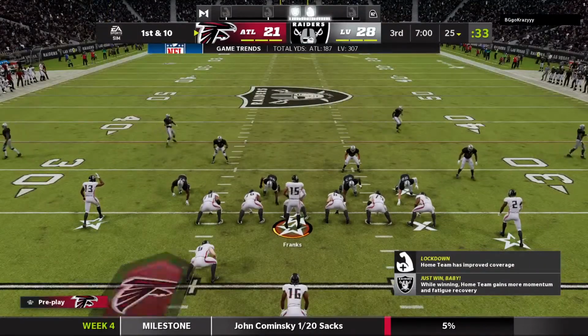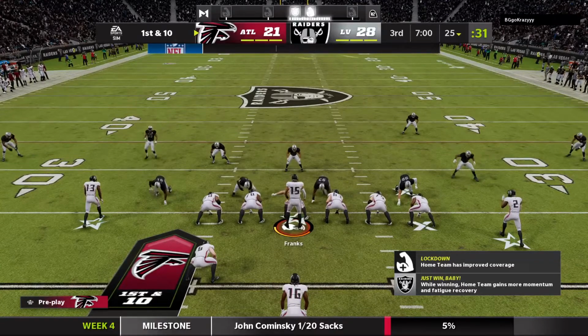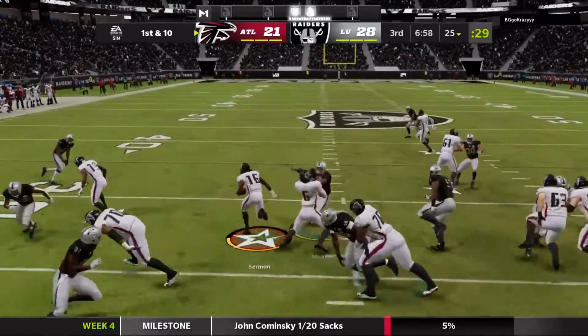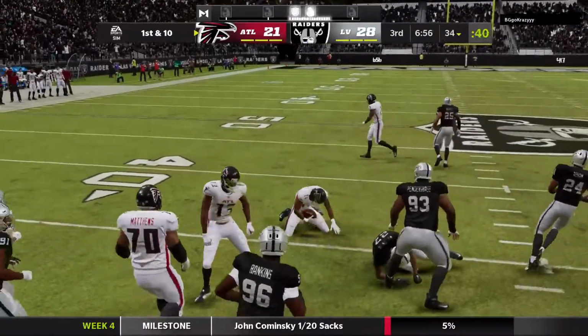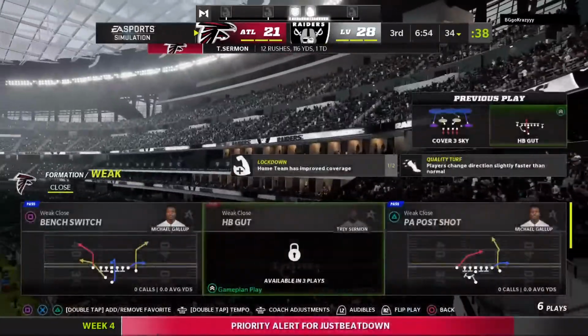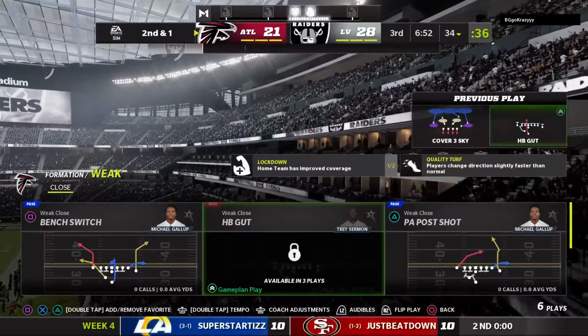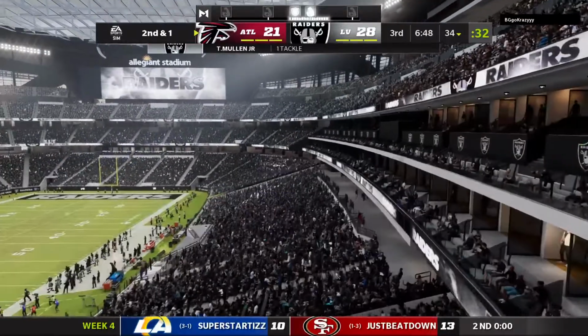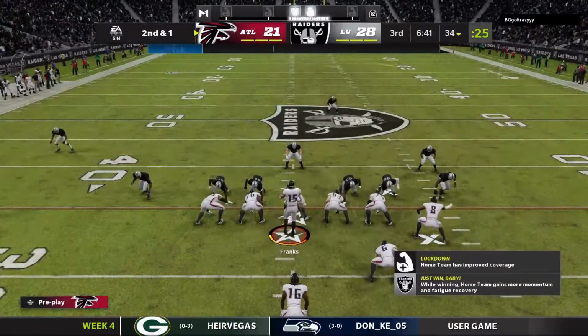About set to begin their next drive, the Falcons offense at the line. And Charles, they trail here. They're not really the fault of this offense. No, they certainly did their part in the first half. But when you're in a shootout like this, you definitely want your defense to play better, but you know that's out of your control. All you can do is keep putting points on the scoreboard and keep giving your defense opportunities